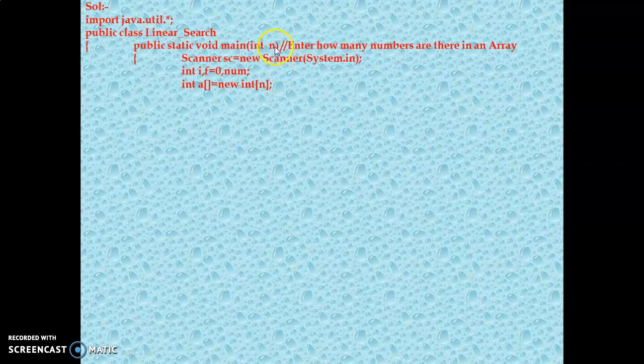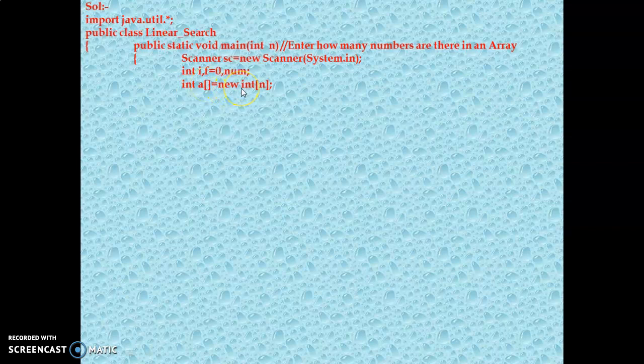That's why I take n here and use n. Whatever the user gives, it may be 10, maybe 15, maybe 20, it comes here. That means you just write down the type of array, then the array name, bracket open close, and you need not mention the size of the array there.